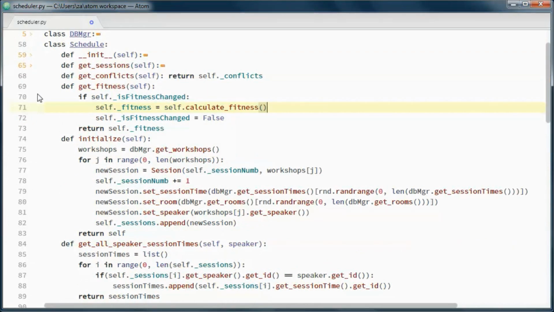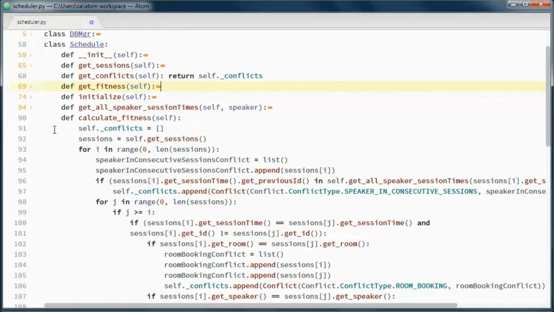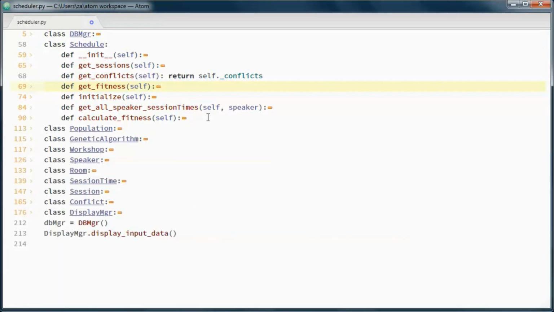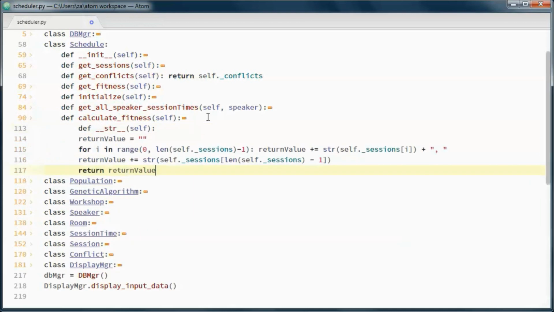And finally, we'll have this toString method that returns a string containing all the sessions in this schedule.